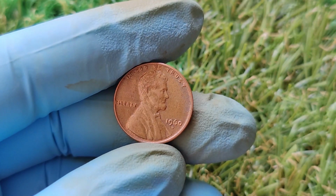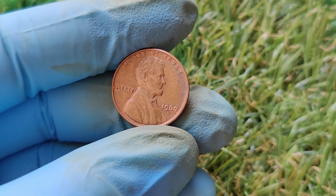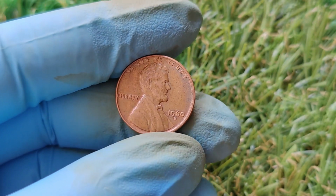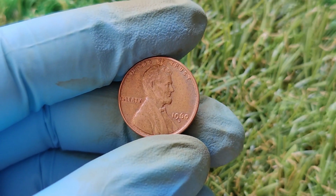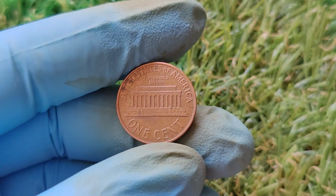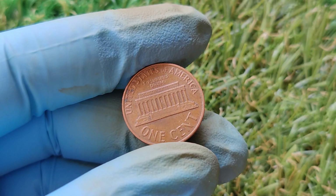Well, the 1960 D small date Lincoln penny remains highly desirable among collectors, while values fluctuate depending on demand and the coin market. In general, high-grade certified small date pennies still command impressive prices. A circulated example might still net you around $10 to $20. A nice uncirculated piece could bring in $100 or more, and superb gem quality examples could easily soar to $500